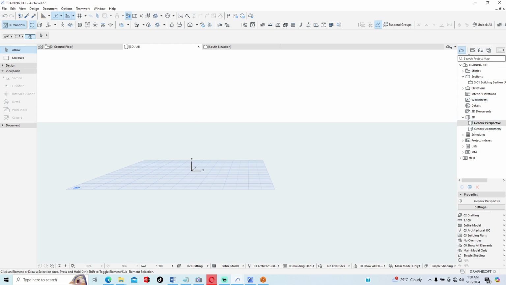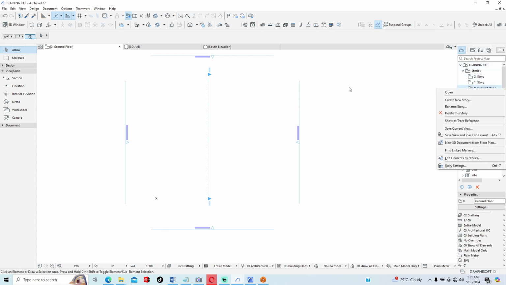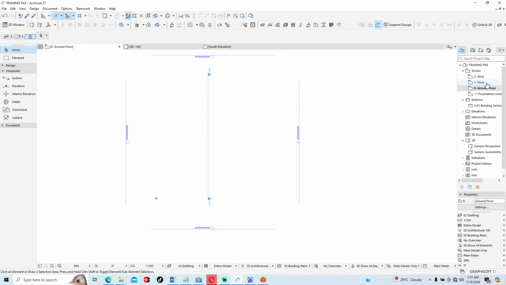So of course, this is the project map, and then if you go to view map, it's when we want to do our documentation proper. As you can see, we have floor plans, ceiling plans, and then structural plans. But you can see we have ground floor, ground floor, ground floor, and the ground floor we're going to create is just one ground floor. We are not going to create, for example, go to project info, or sorry, project map. We are not going to create another ground floor. Even if we name this as ground floor, it's not going to be ground floor because the levels are not the same. But the reason for this view map is that we can save